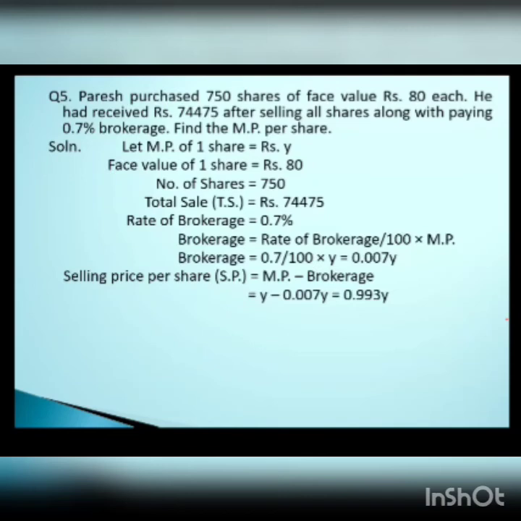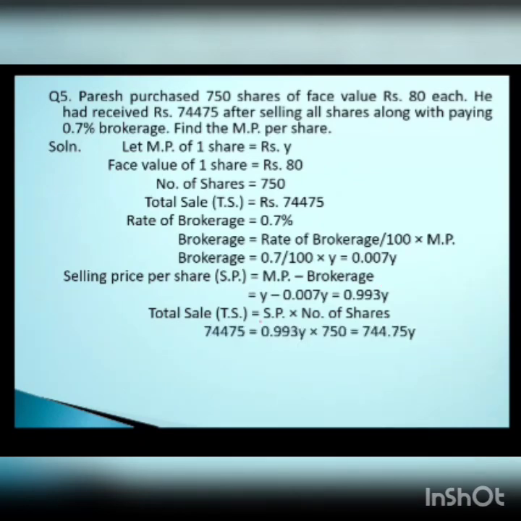You have to do 1 minus 0.007. By default, the coefficient of Y is 1. You have to assume that. And 1 minus 0.007, when you do it on the calculator, you will get 0.993 Y. That is what you're going to get over there. All right, so that is correct. After that, the next formula will be regarding total sale, and you substitute the values in this and do the calculation.